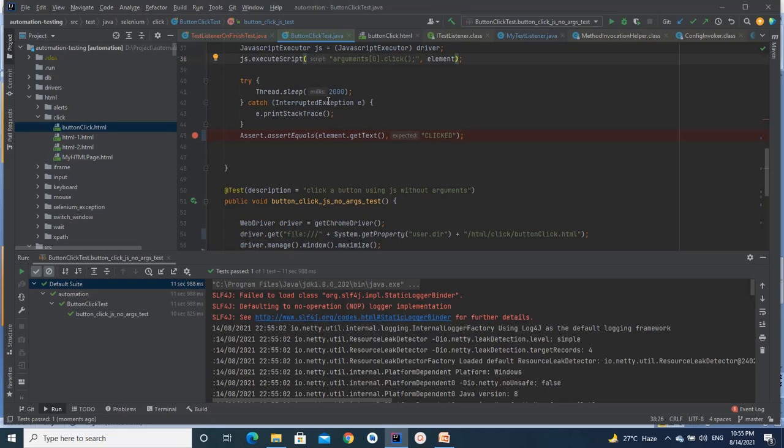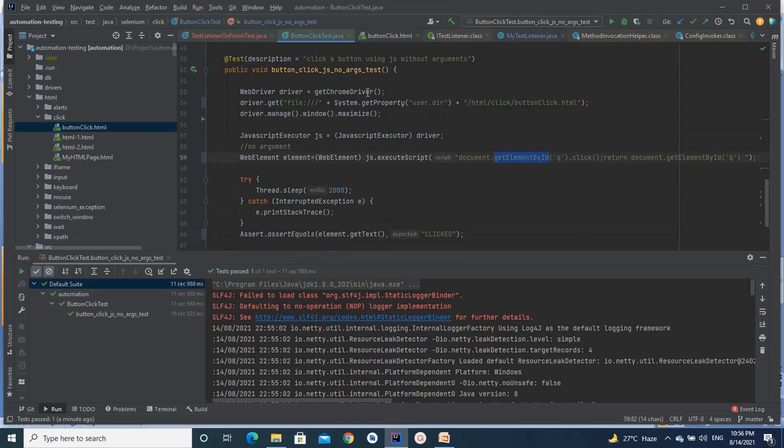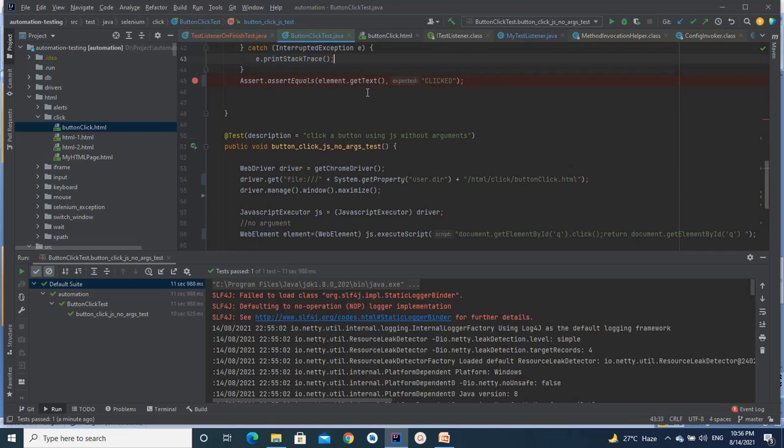One is if I have the references on which we are going to perform the operation, I can pass those references as arguments to executeScript. Or if we don't have them, but I know the ID or name of that particular button or web element, I can directly use document.getElementById. That way we can find that element on the fly and perform the operation on it.